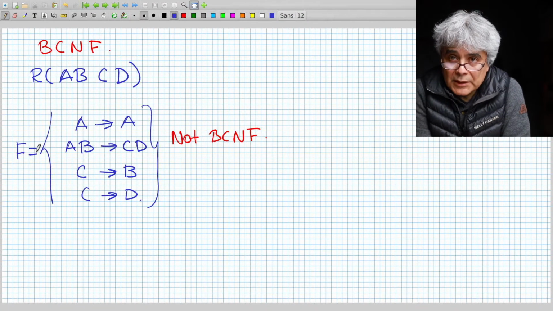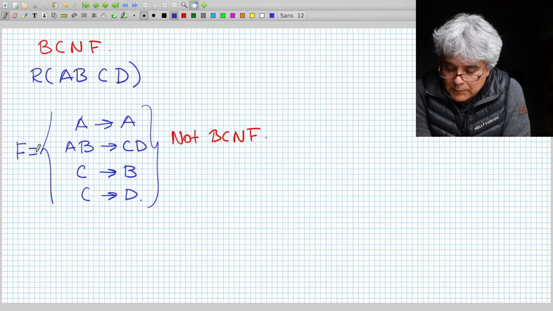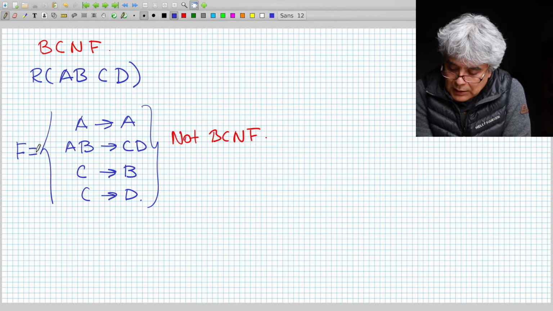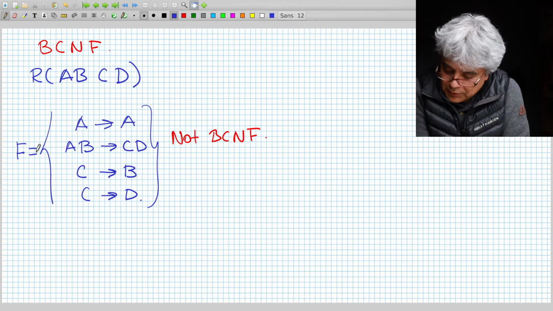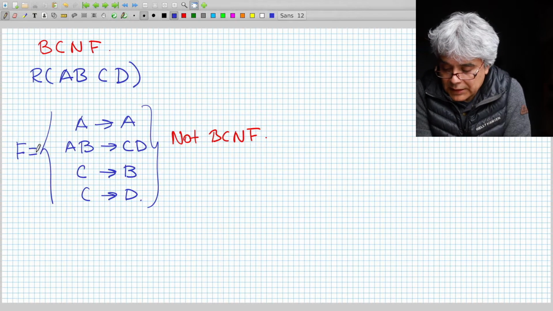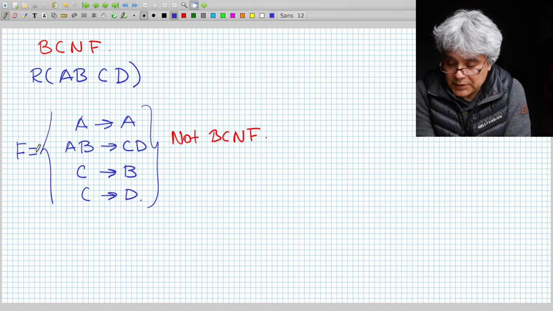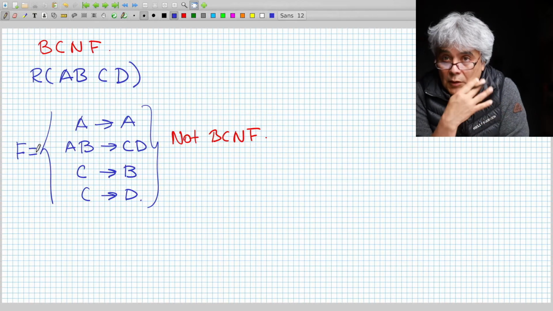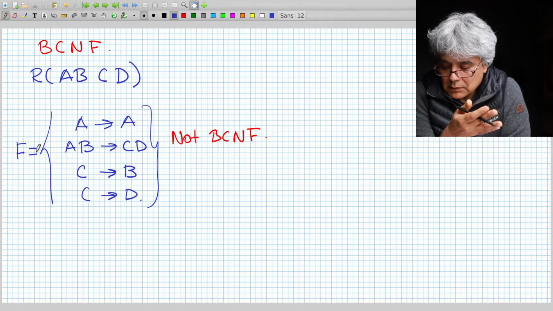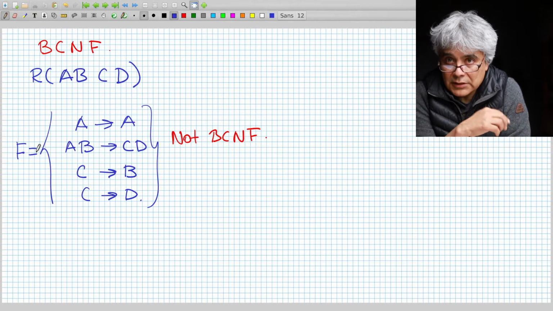So in the previous segment, we talked about BCNF. We defined BCNF. And so now we have an algorithm also to verify whether a relation is BCNF or not. I also have this example, relation A, B, C, D with these functional dependencies, and we identified that this relation is not BCNF. So then the question is, how do I decompose this relation into sets of